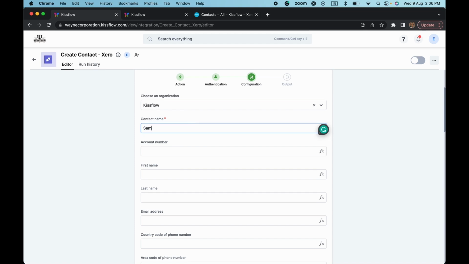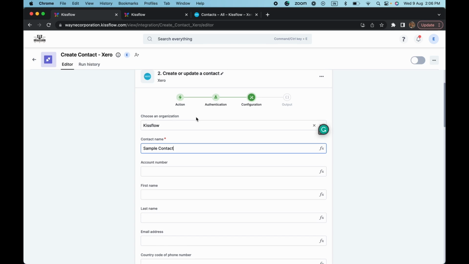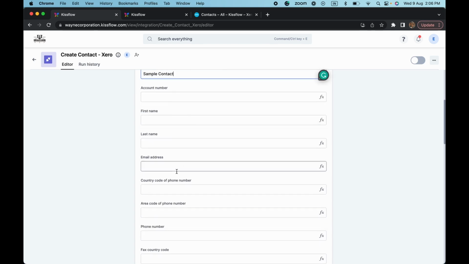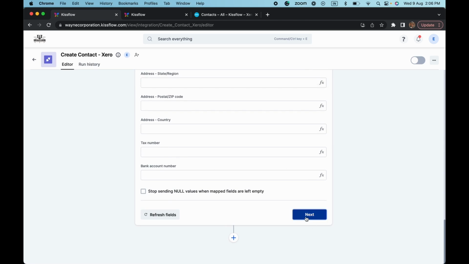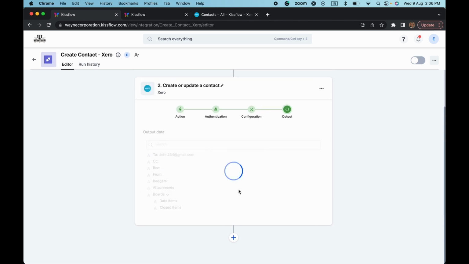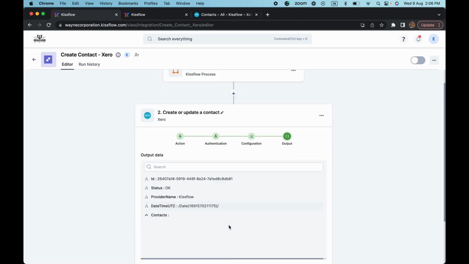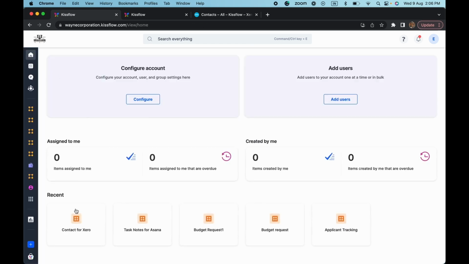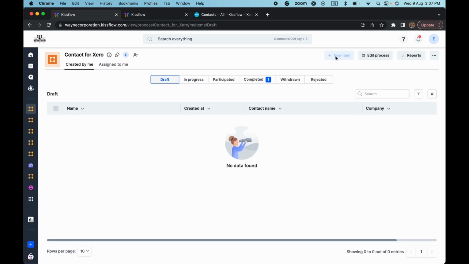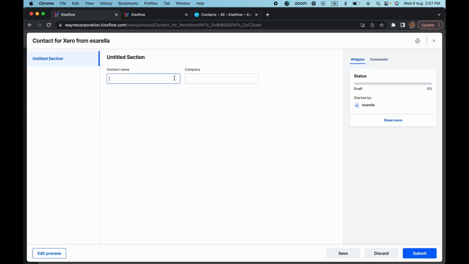My contact name can be a sample contact. You can go ahead and give in the fields for all of this, but I'm just going to go ahead and click next. I'm going to quickly test this action and done. So I'm going to turn on this integration. I'm going to go back and I'm going to create a contact. So I'm just going to say